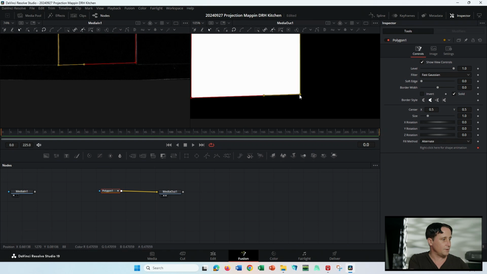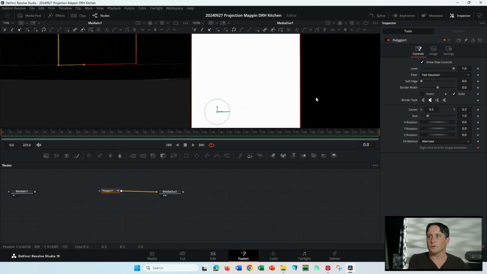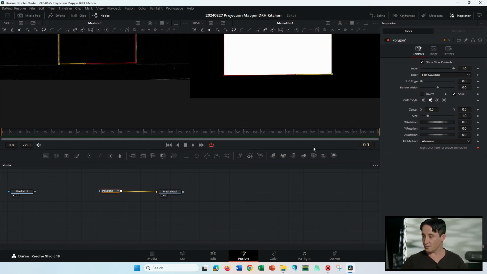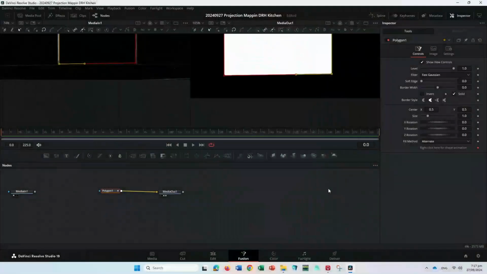So I think I'm going to bring this up a bit, to try and prevent spill. We thought the top was good. Let's have a quick look. So this is what the projector's seeing. Yeah, that's pretty nice. That is pretty good. I like that. So once again, we've just made a Fusion composition, which hopefully makes this the alpha channel, which makes this its own separate window. So if I go back into DaVinci Resolve,